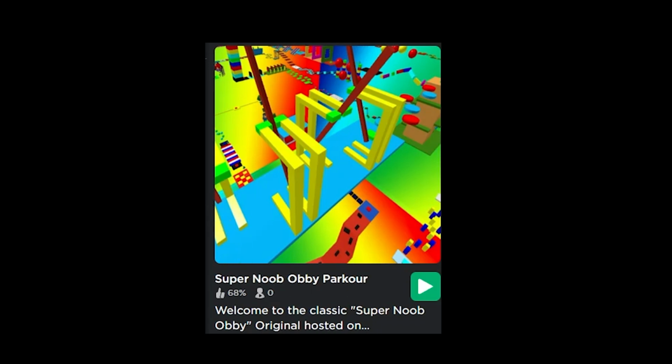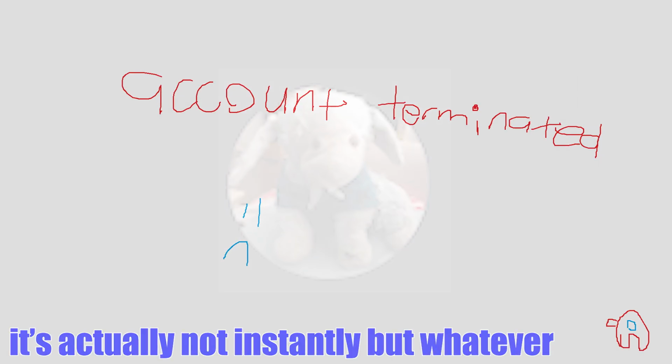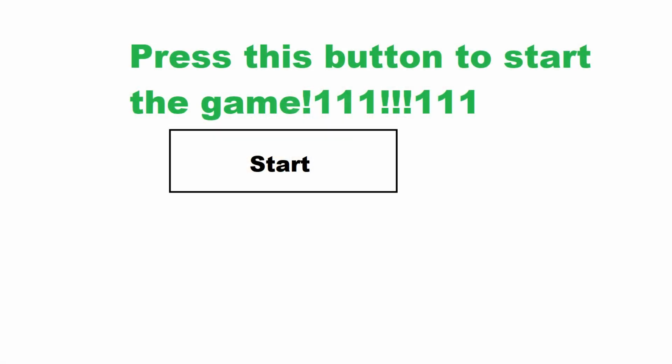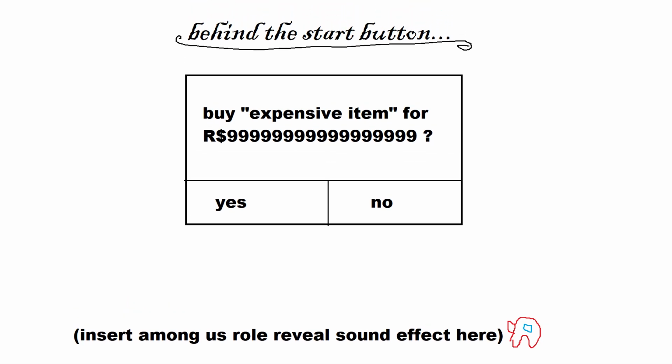I'm not going to join it because you have likely heard about how recently there was a thing where if you go around joining random games, you might join a game that could just instantly terminate your account. I'm already paranoid of doing that anyway, because there's also a thing that was apparently from the same group of people where you could make a start button be over an invisible purchase prompt that was worth a bunch of Robux. So then you would just lose all that money. By the way, both of these things have been patched, and so you should be fine now. But like I said, I'm just being paranoid, which is why I didn't join the thing.